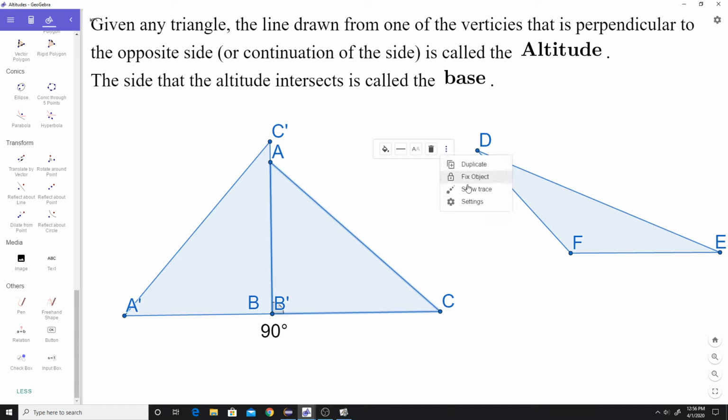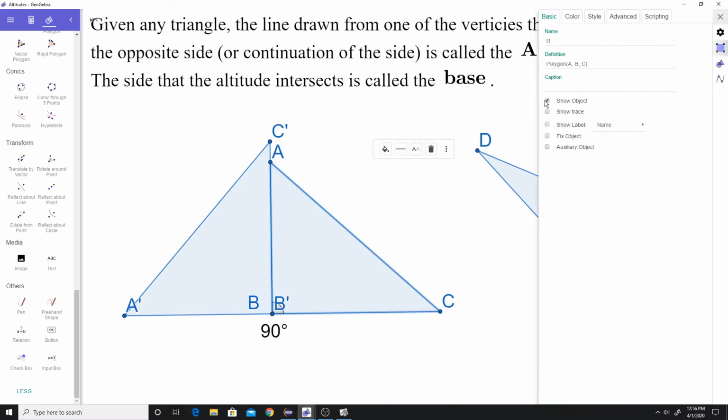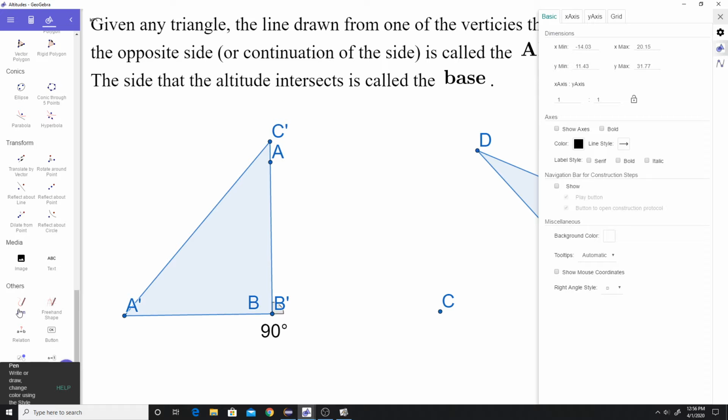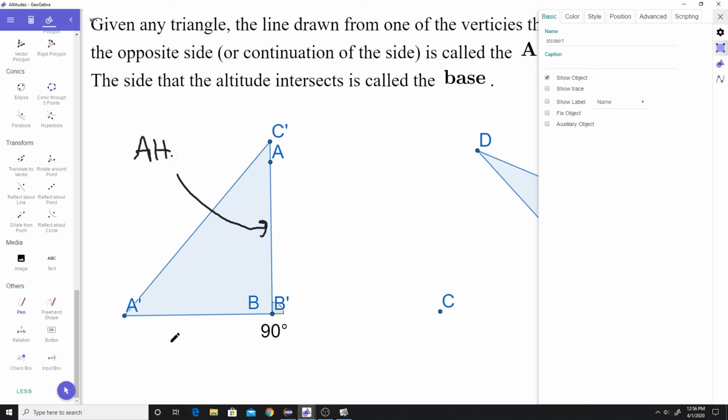And I'll even hide the original right triangle. And now we can see that even though we have the same triangle we were just working with, now the side CB is the altitude. And that AB would be the base. This is different from how we had it in the original triangle in the first place. So in the original triangle,